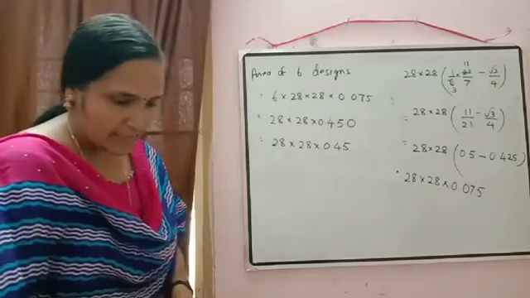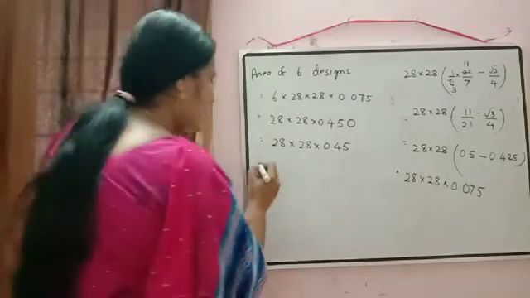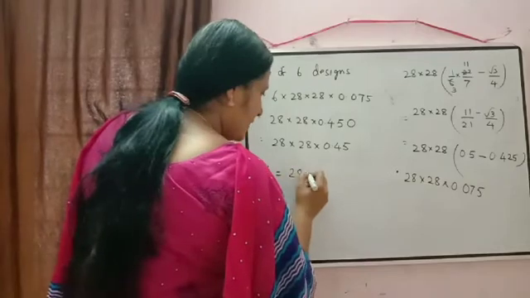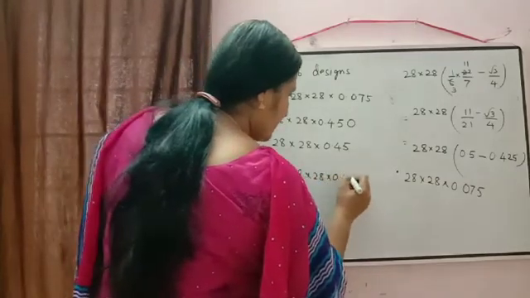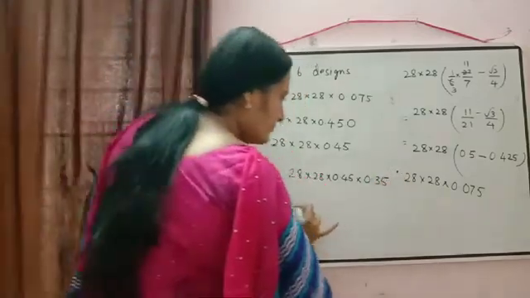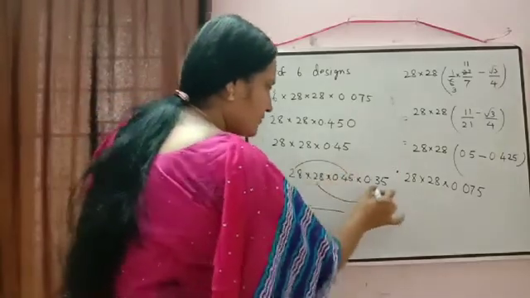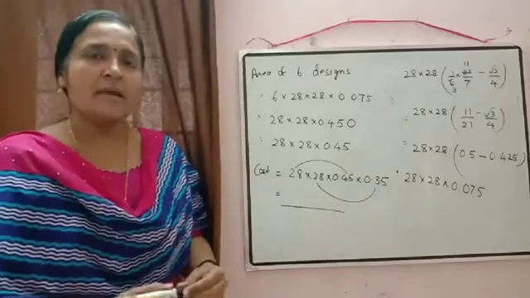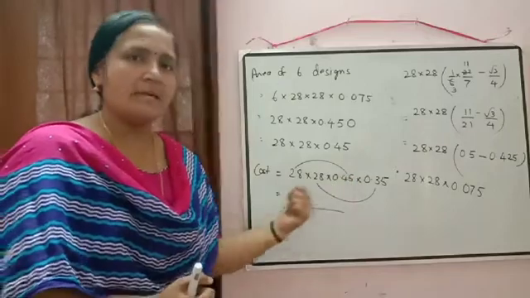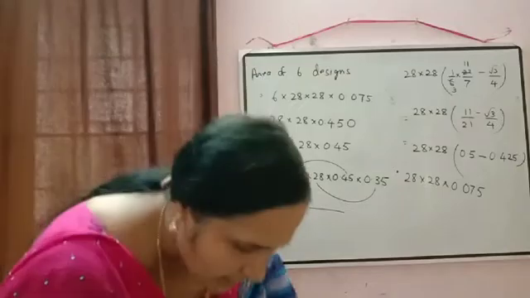Okay. Now what is asked there? Find the cost of making the design at the rate of rupees 0.35 per centimeter square. Now you write down there. Cost is equal to, yes, what will come? 28 into 28 into 0.45 into 0.35. Now what you have to do? Just to do the multiplication. And how to make it easy? Just to multiply 28 into 0.45 and 28 into 0.35, and then you can write down what will be the cost. So I hope these multiplications you can do by yourself. Clear?